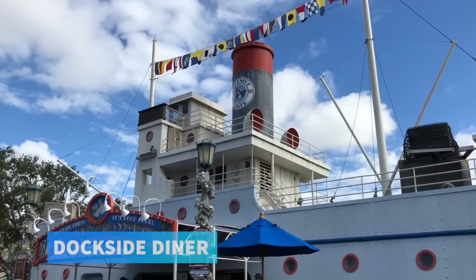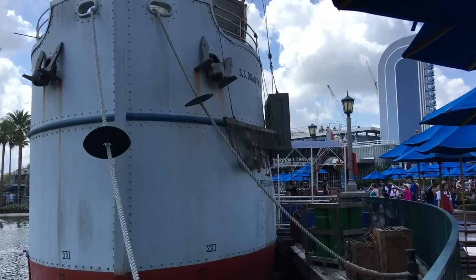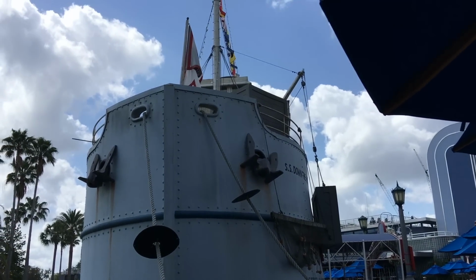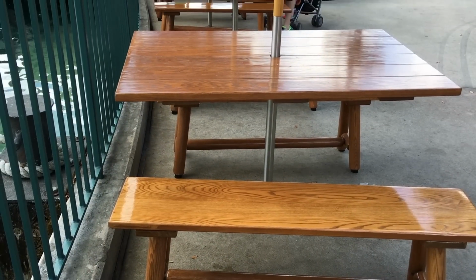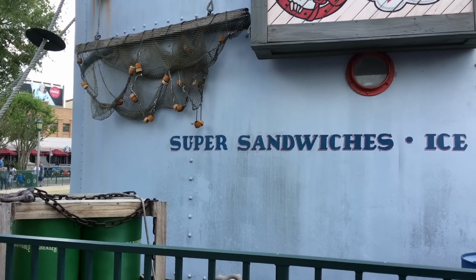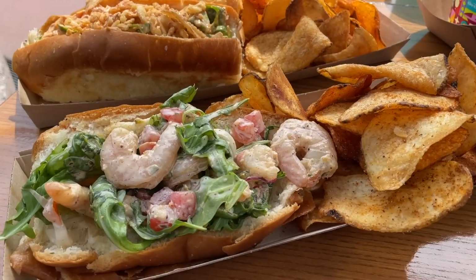Next up is Dockside Diner. Now, we don't recommend this one all the time, but I do want you to know about it. Dockside Diner is open during lunch and dinner in the Echo Lake area of Disney's Hollywood Studios. There are plenty of tables right up front with lots of umbrellas to keep guests semi-comfortable, but alas, no indoor seating again. Though the menu has seen its share of changes, you'll often spot items here like footlong hot dogs